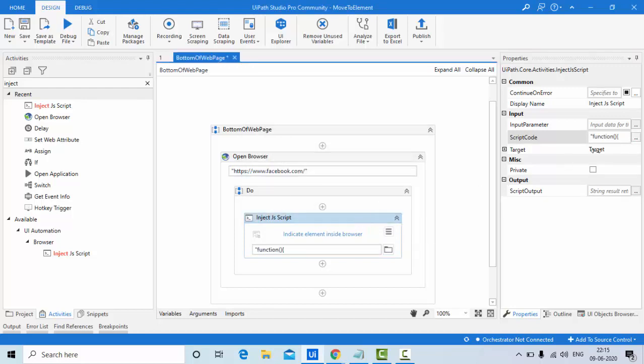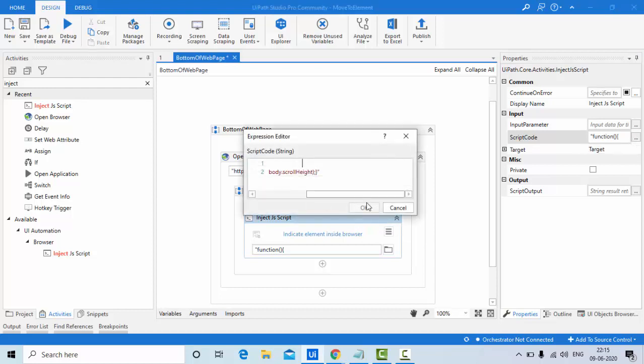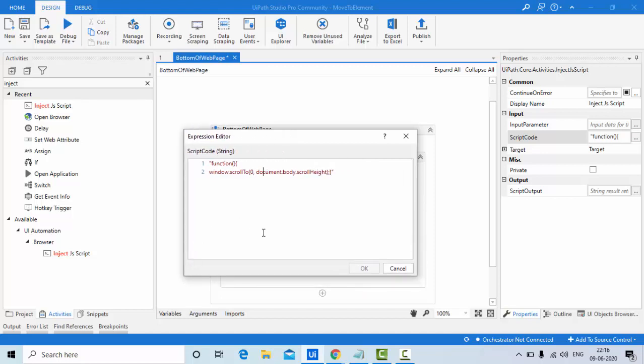We have to create one function first, then window.scrollTo where the height is changing, because the y factor, the height, is changing whereas the x factor remains the same, so it will go directly in a vertical line. That's how we will traverse down the web page.